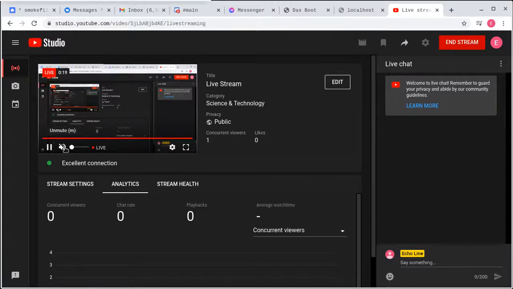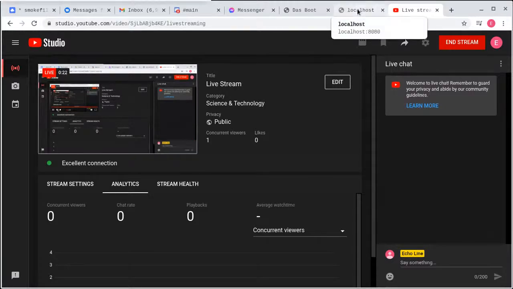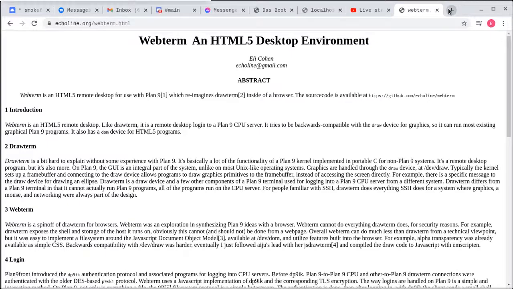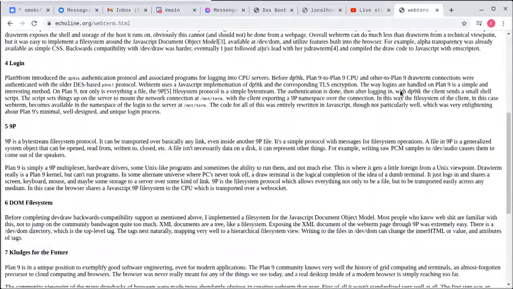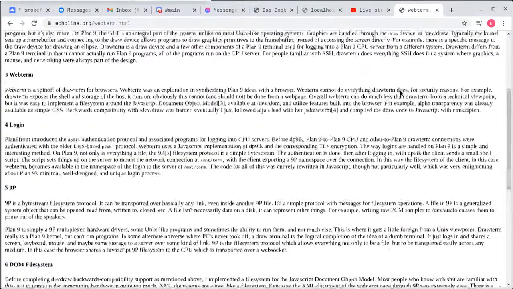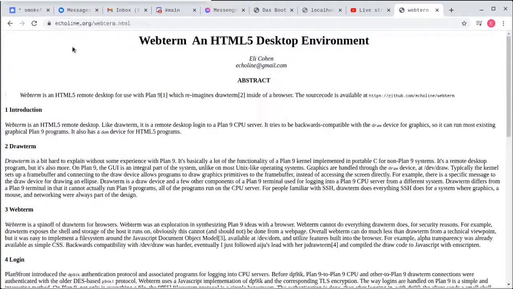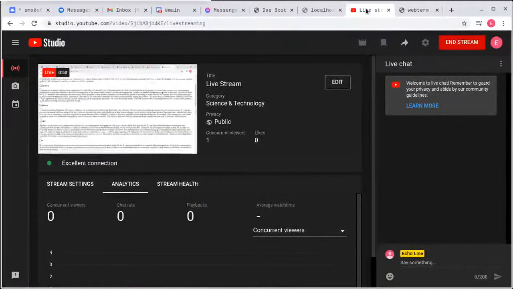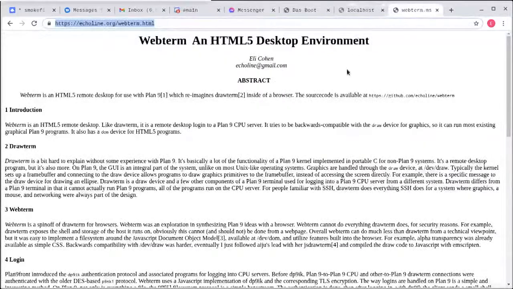I guess my headset's working. Someone has asked me for a demonstration of my web terminal thing. So I wrote this paper about it. I'll link the paper in the comments probably. So, what it is, I guess first,